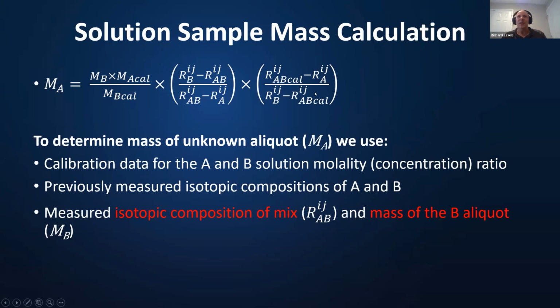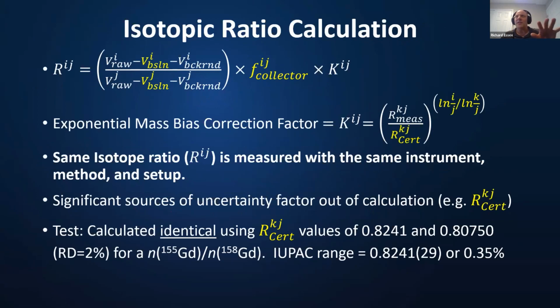And as a result, if you measure it on the same mass spectrometer, using the same measurement technique, the same mass bias correction, the same material for that mass bias correction, a lot of the uncertainties in that ratio fall out